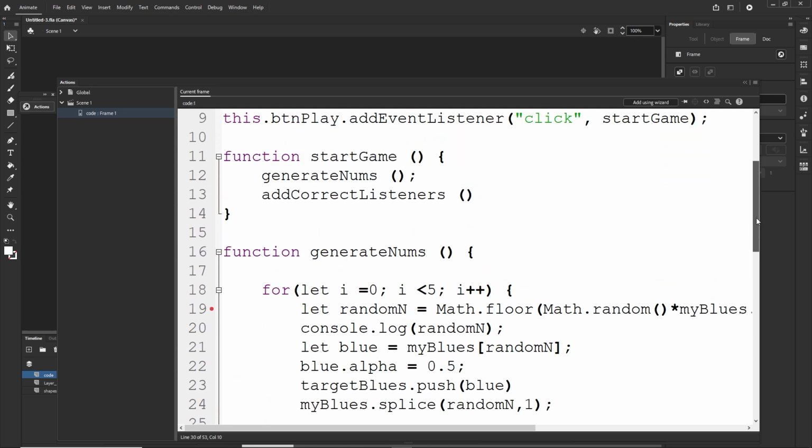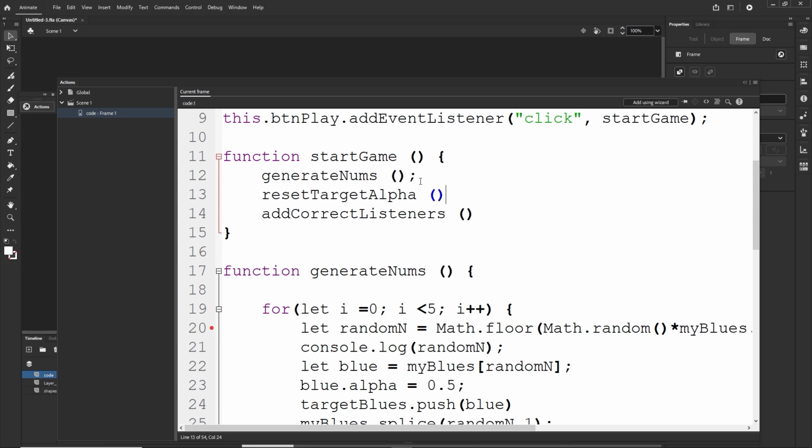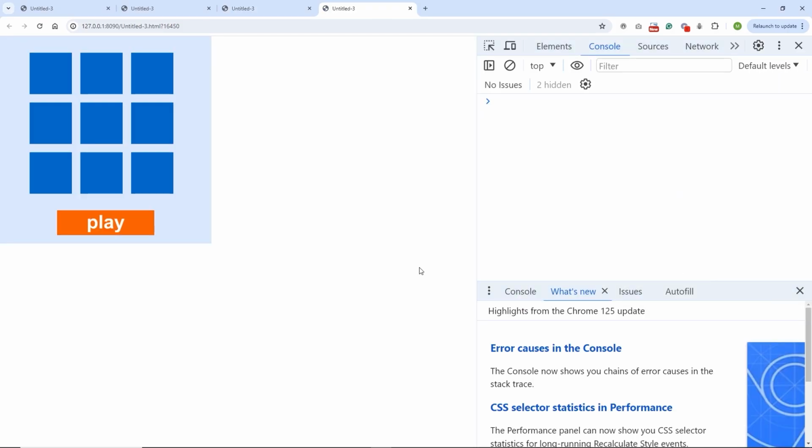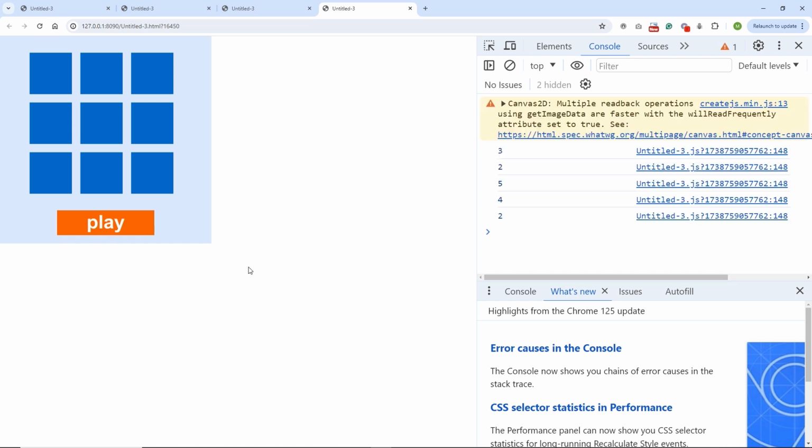So I will copy this, I will go to the start game, and I will go in here. I am going to generate nums, then I am going to reset target alpha, and then I am going to call add correct listeners. This is not going to work as we want, because in generate nums we are going to change the opacity to 0.5, but immediately we are going to call the function which is going to change it to 1. So I will press Ctrl Enter,